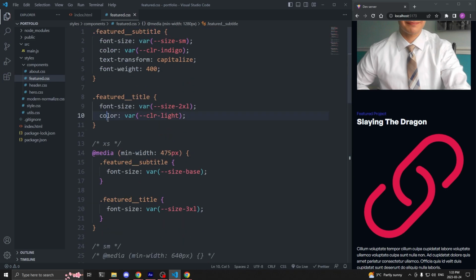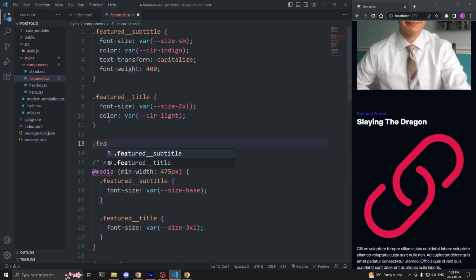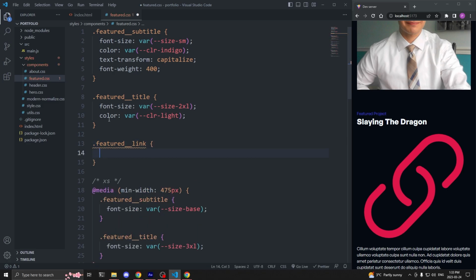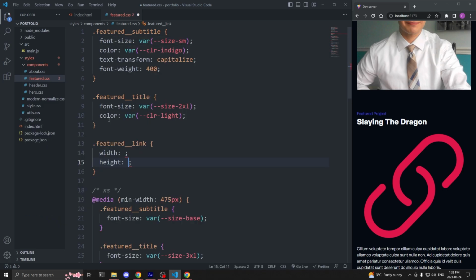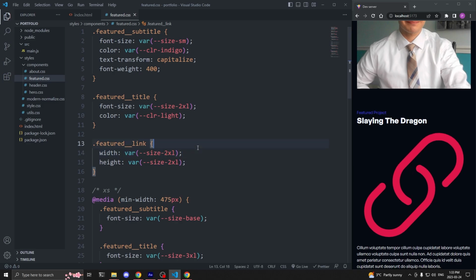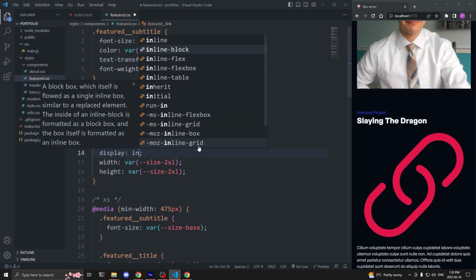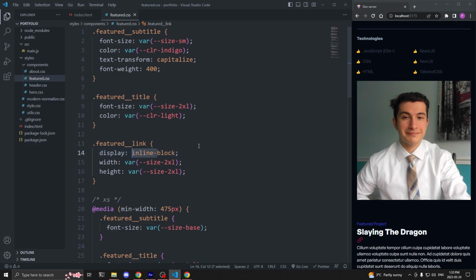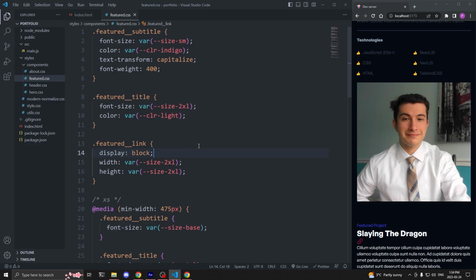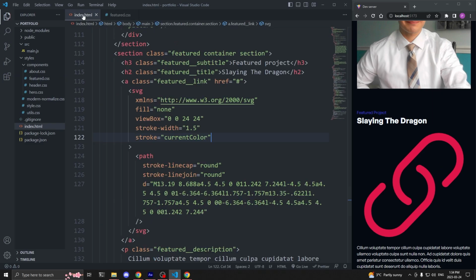Let's fix our icon. I want the icon to have the same size as our title, so I'll select it and give it a width and height of 2XL. We see nothing happened. This is because anchor elements have a display of inline by default. We could add a display of inline-block to our link, and as you can see, this fixes it. Actually, a display of block would also fix it, but because we want the link to be to the right of the title in a horizontal layout, what we can do is remove the display property from our link, and